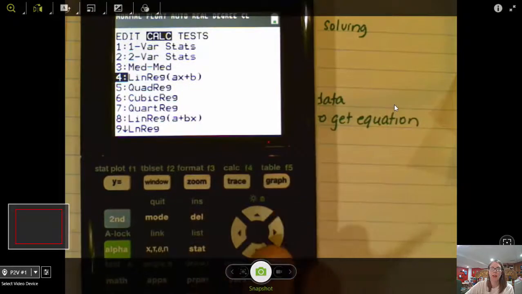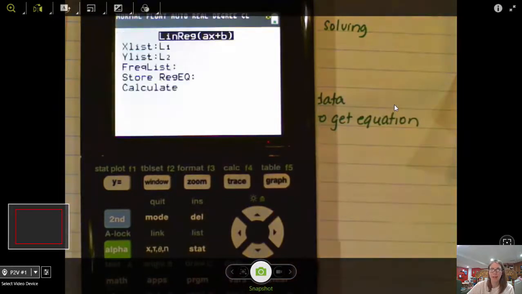So stat calc linreg, I hit enter, scroll down to calculate,